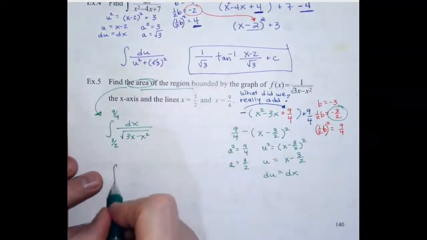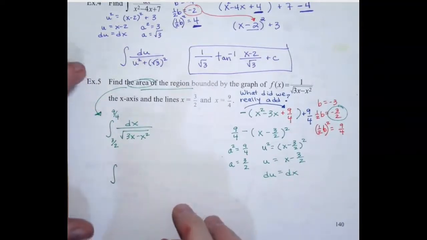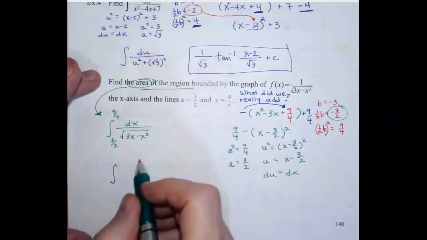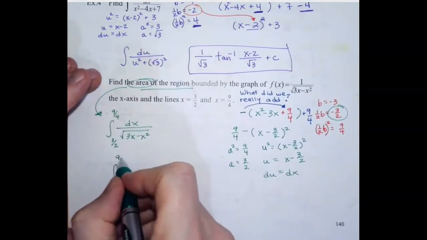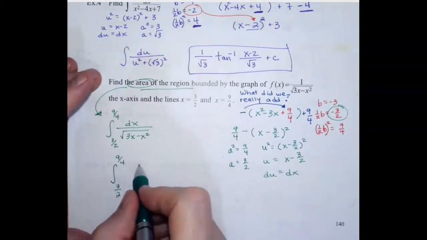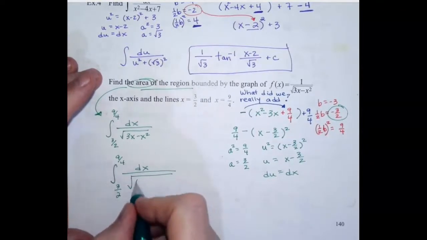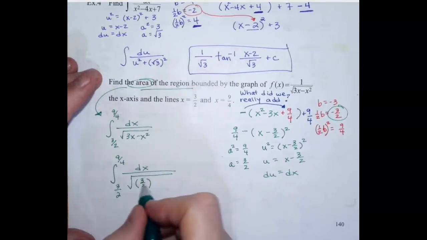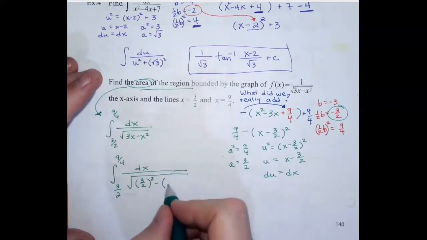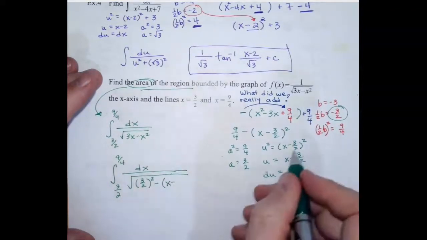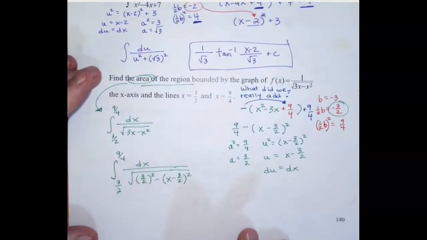So now we can come back over here and we can switch this. Now, because I have these, I'm going to leave it in terms of x. So this is going to be dx, and this is going to be the square root of 3/2, instead of putting a in there, 3/2 squared minus x minus 3/2 squared. Okay,